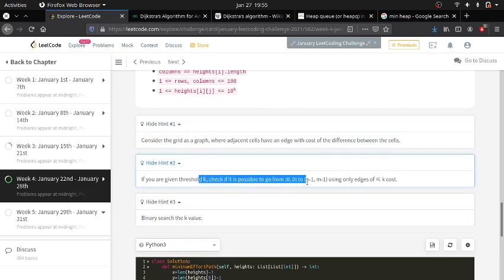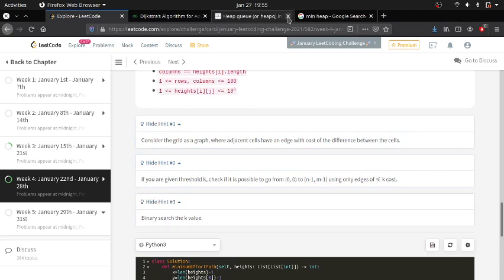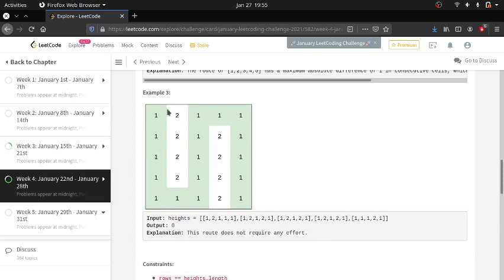threshold method. It is a simple approach also. You just have to consider a threshold value k by using binary search and check if it is possible to travel from this vertex to this vertex using the threshold.